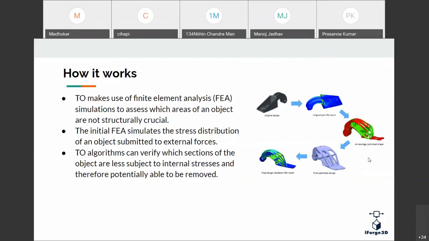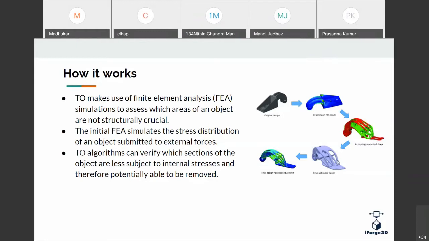For example, if I try to reduce the mass of this whole object, it will remove some portion of the material from low stress regions and perform the same FE analysis again. If it is achieving the required desired results, like being within the stress limits or within the required natural frequencies, then that shape is optimized. Whatever material is removed, that is considered the optimized shape.